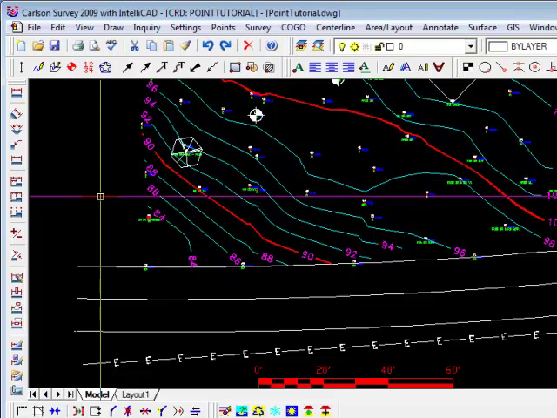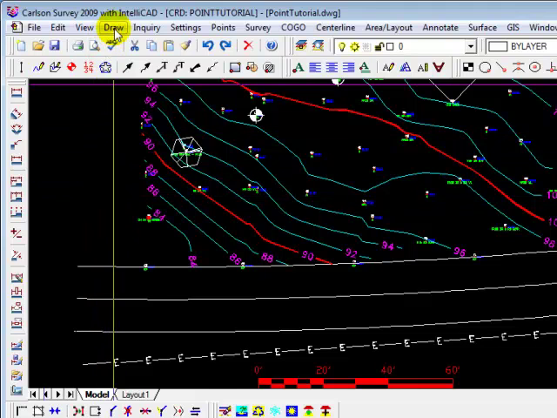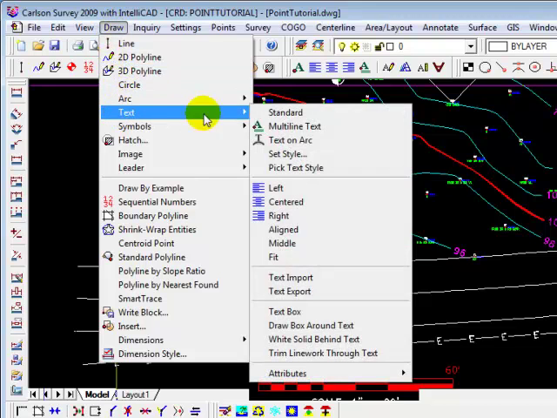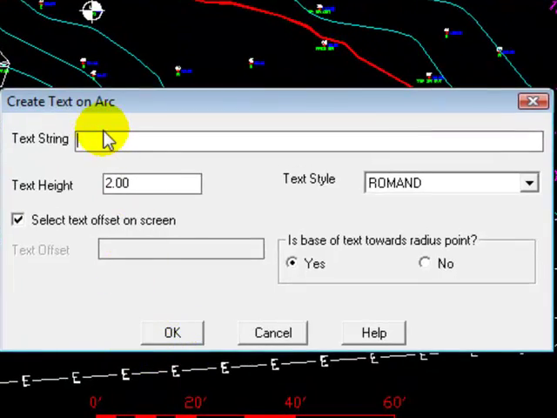So now we're ready to add some text and we're going to use that arc as a guide. So we come up to the Draw menu, select Text, and then Text on Arc. And it's asking us for the text string, which is what we want to place in the drawing. And I'm just going to say any road